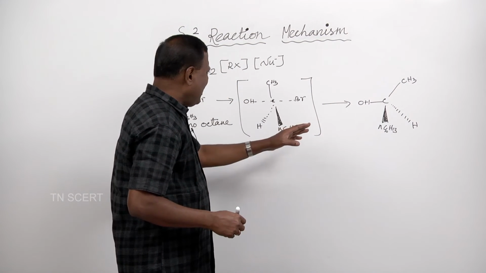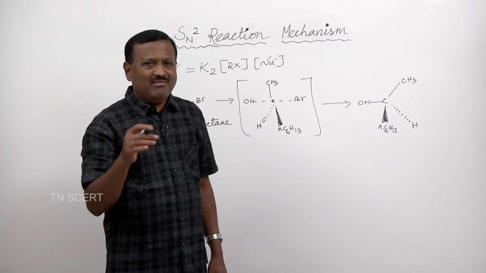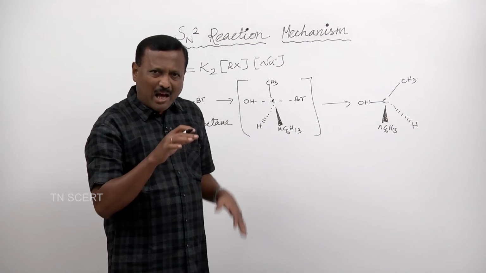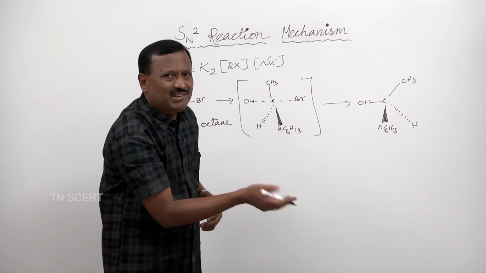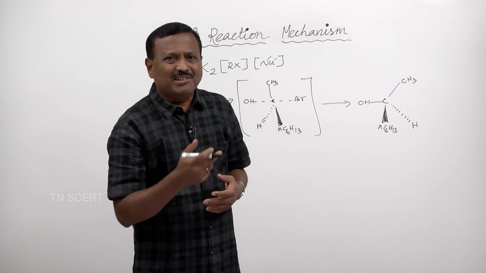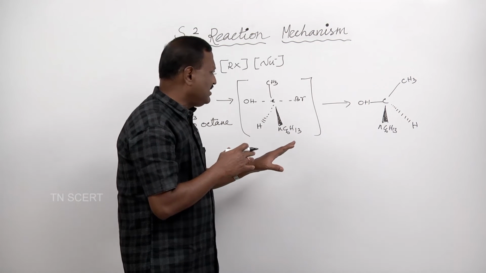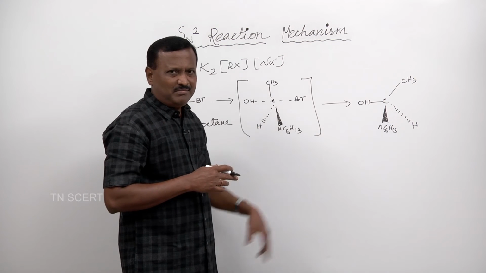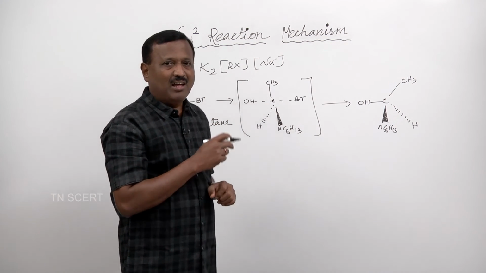So, here this is the inverted form, just like an umbrella inverted in a strong wind. The central asymmetric carbon will become inverted. So, inversion of the configuration at a central carbon, that is asymmetric carbon, in an optically active molecule is called